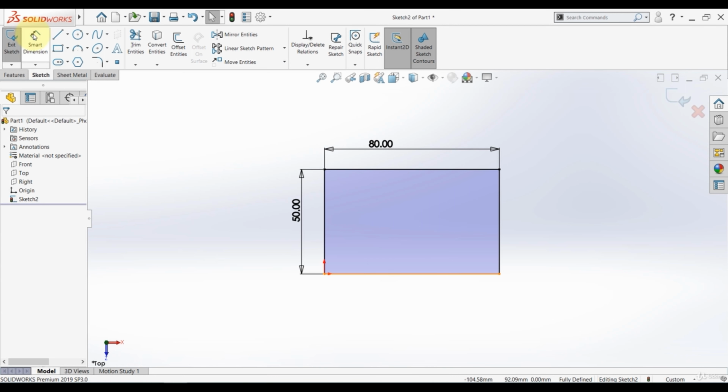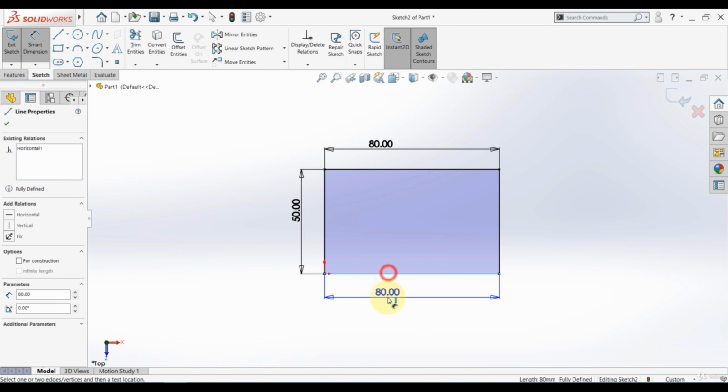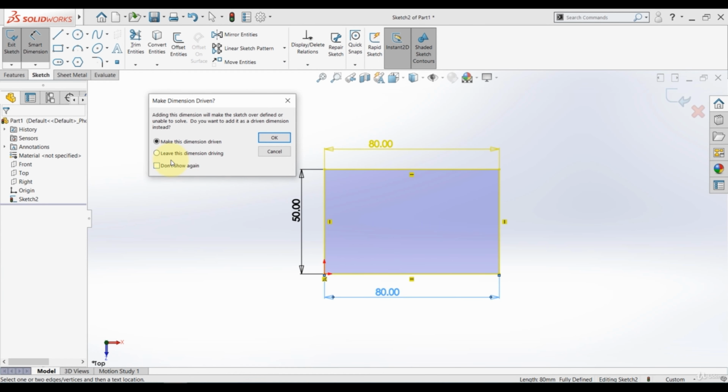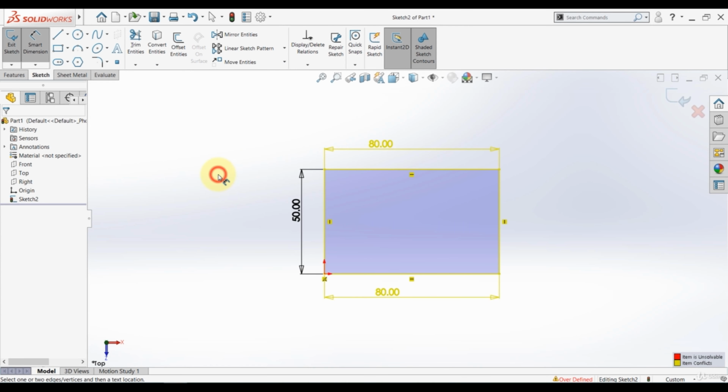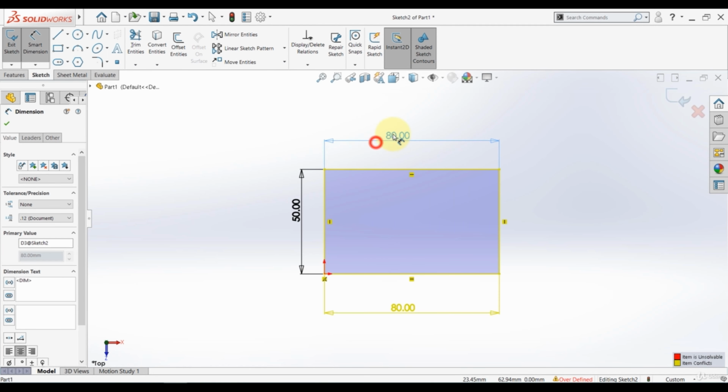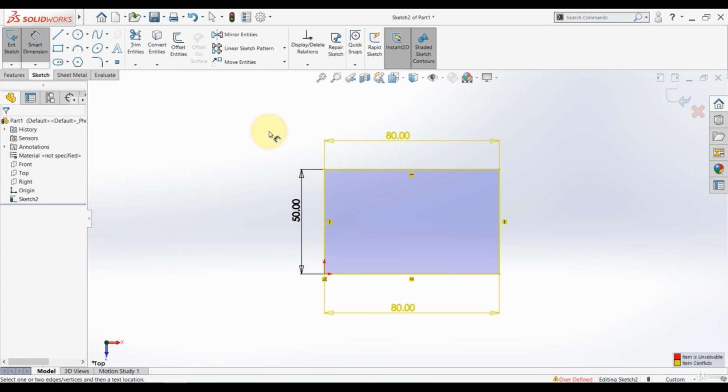And again, try to define this dimension. The second option says, leave this dimension driving. Select this option, then hit OK. And now we have an overdefined sketch, and they turned into yellow, which means the sketch is no longer fully defined or underdefined, now it's overdefined. To solve this problem, click here,